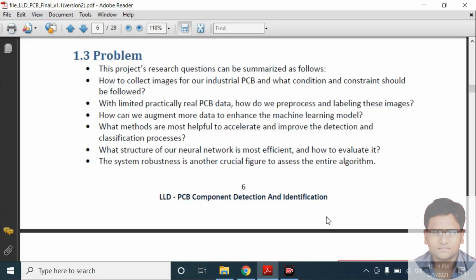How can we augment more data to enhance the machine learning or deep learning computer vision model? What methods are most helpful to accelerate and improve the detection and classification processes? What structure of our neural network is most efficient and how to evaluate it? System robustness is another crucial factor to assess the entire algorithm.